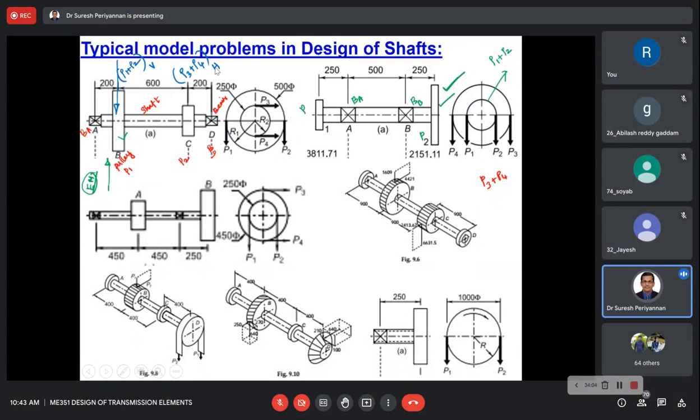But here horizontal, because we are going to consider vertical load separately, as a vertical plane. Based on that, we are going to define the reaction force and bending moment. Similarly, we are going to consider a separate shear force diagram, with the reaction calculation with respect to horizontal force and bending moment with respect to horizontal force.